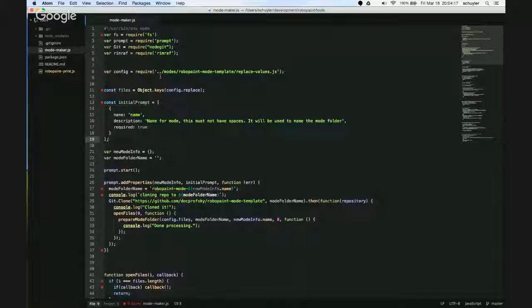If they had a thing that just said npm install RoboPaint tools, and then they just did rp tools make mode and then entered their information, they'd be done. They got it. It's good. And there's probably even things that we can add to that to make it even better, but for the most part, that's great. That's huge. Yeah. It's 10 times better than the stuff I had set up. So thank you for being better.